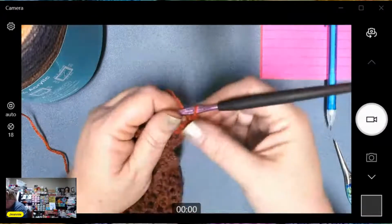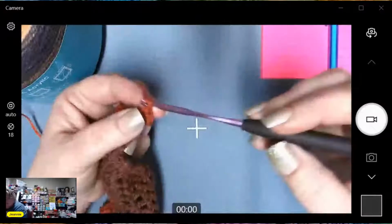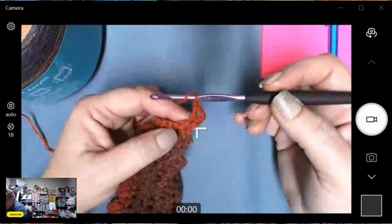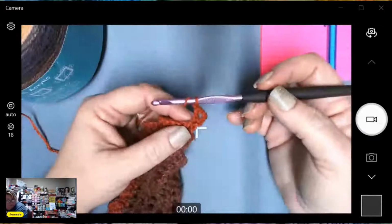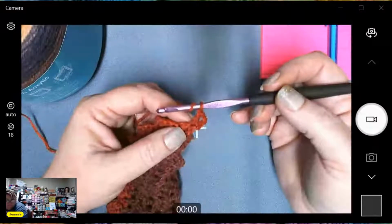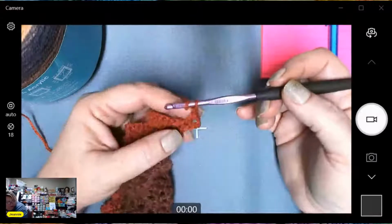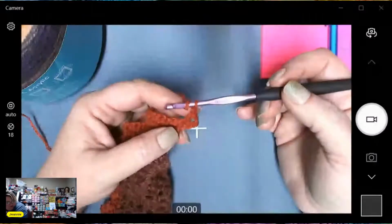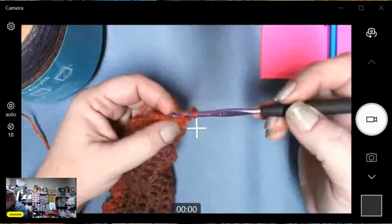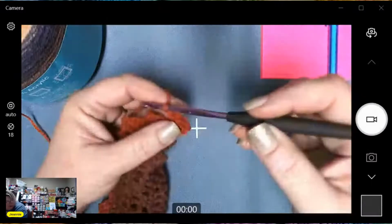Alright. We're gonna chain one and double crochet in the next double crochet. We got chain 4, double crochet in same stitch, chain 1, double crochet in next double crochet. So that's that one right there. Chain 1,